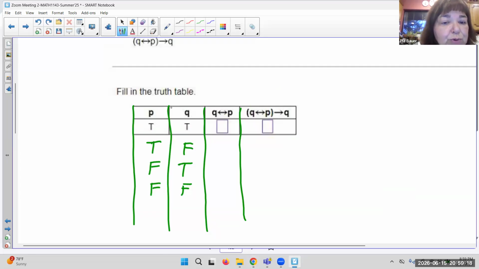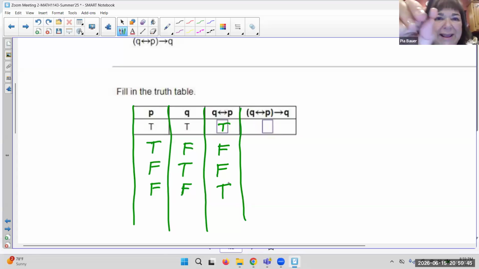If P is true if and only if Q is true, then this will be true. But if one of them is false, then this will be false. And if both of them are false, if P and Q are false, for the biconditional, that will be true. And this is the reason why I'd rather do this by hand,